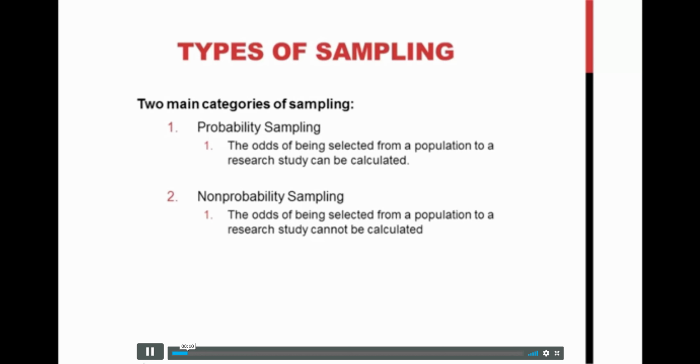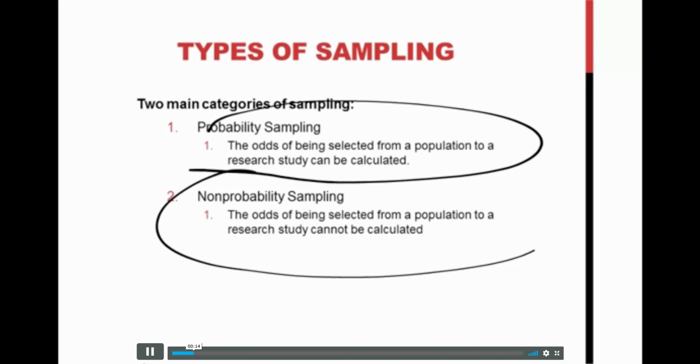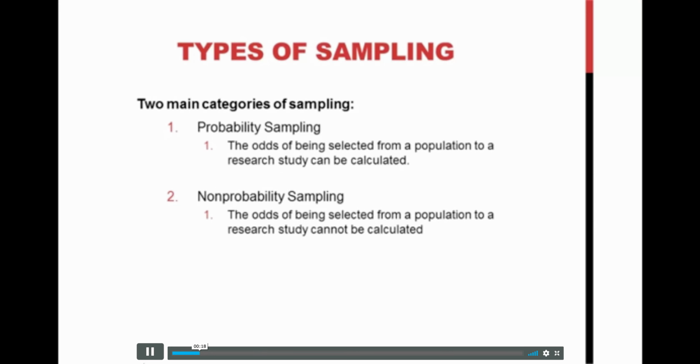There are two main categories of sampling procedures: probability sampling and non-probability sampling. Probability sampling is a method of getting participants from the population into a sample where we can actually calculate the odds of any one person being selected. Whereas non-probability sampling is where we choose people from a population to be in our sample, but the odds cannot